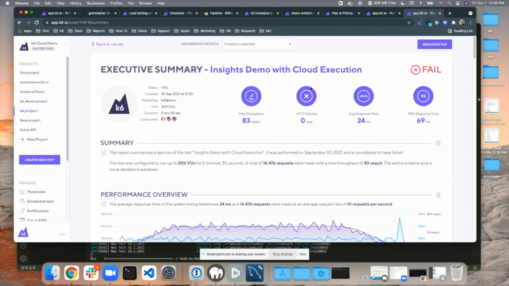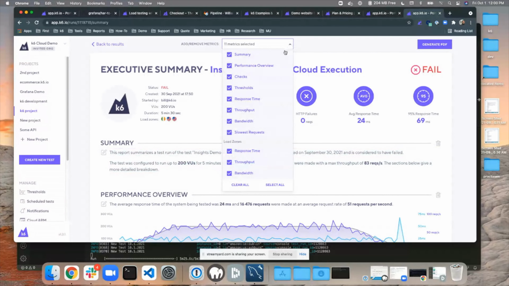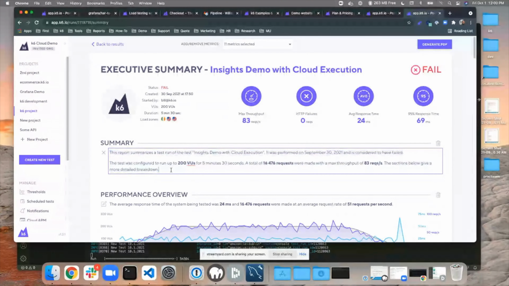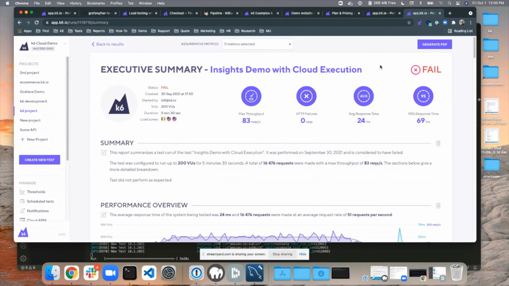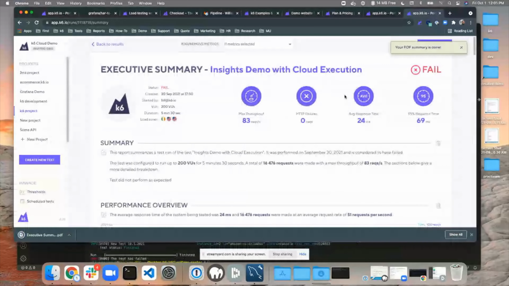We have this executive PDF summary. We have a little bit of customizability inside of here. You have the ability to select the metrics for this given report. We can go ahead and add a note. And once we're ready, we can generate our PDF here. This will assemble all the custom metrics that we've selected behind our report, as well as any custom notes that have been integrated inside of that given report. It will arrive in the form of a download inside of your downloads folder. And from there, you could either print the document out, upload it to a drive, or attach it as an